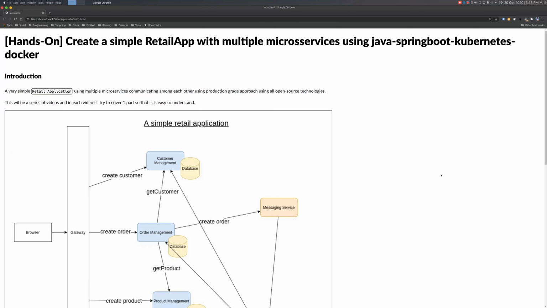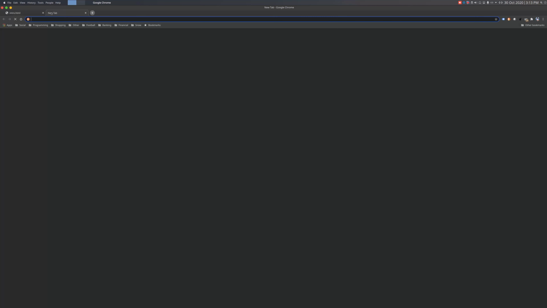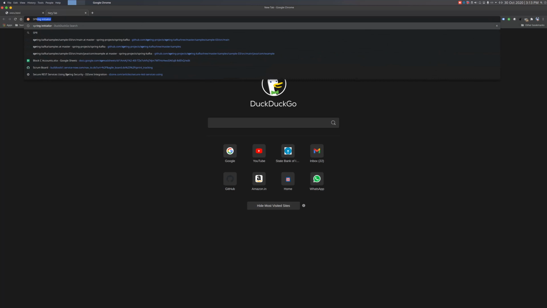So today we are going to create our very first microservice app. In this video, it won't be a full-fledged microservice app. First, we will create a very simple app, get it up and running, and in the following videos, we will convert it into a microservice. So let's get started. The first thing we'll do is go to Spring